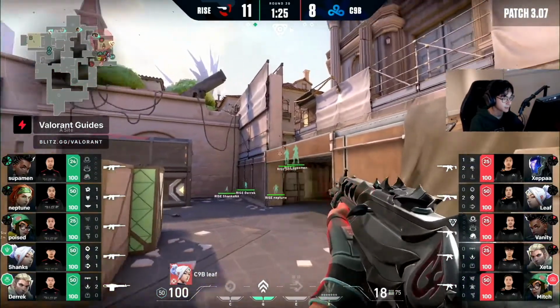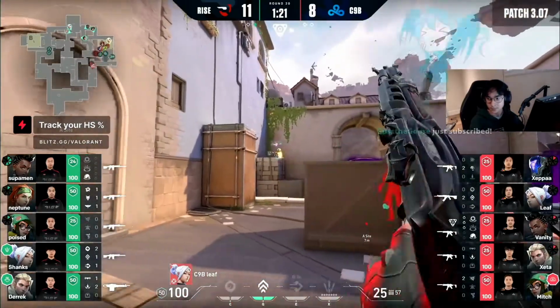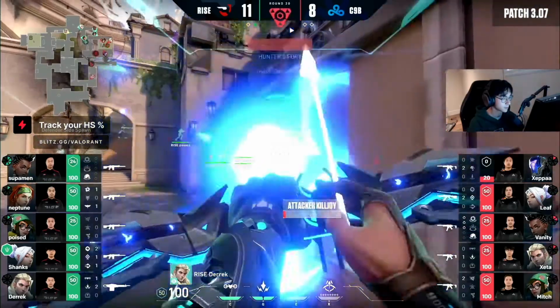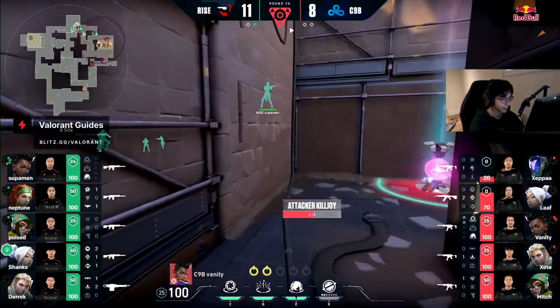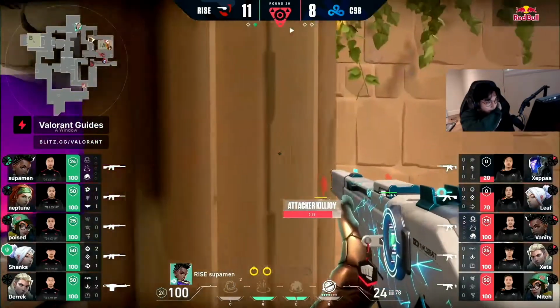11 to 8 here as we do get into our 20th round. And Rise just 2 away from capitalizing on this. I think he gets the goose for the sub. They are on their map of Ascent with this pick as Derek unleashes Fury. Oh, did he? How many tags did he get? Oh, that was 2. I thought he got 3. Did indeed miss. They were all able to get out of it and get that spike down, which is now